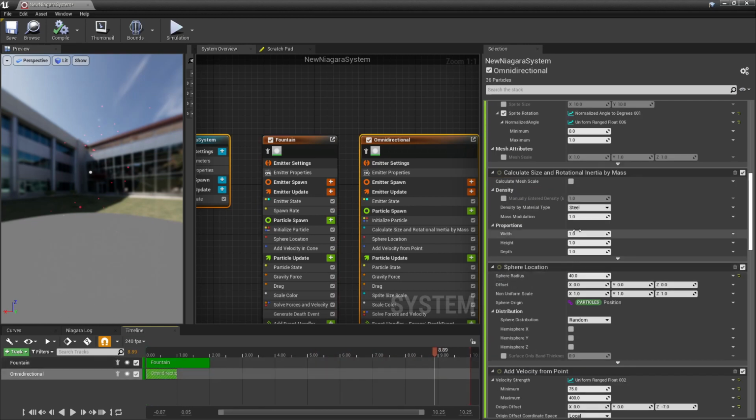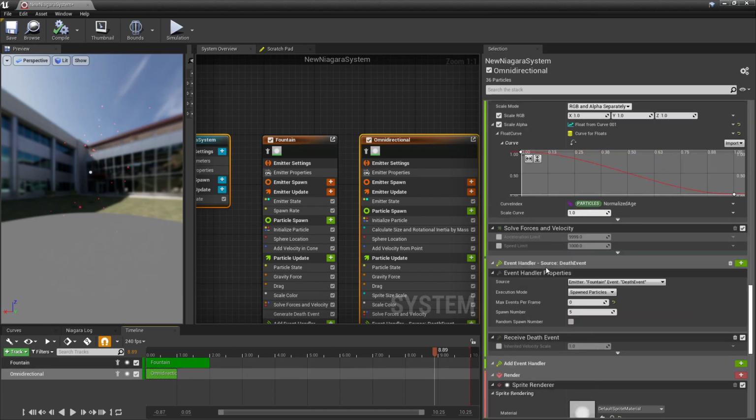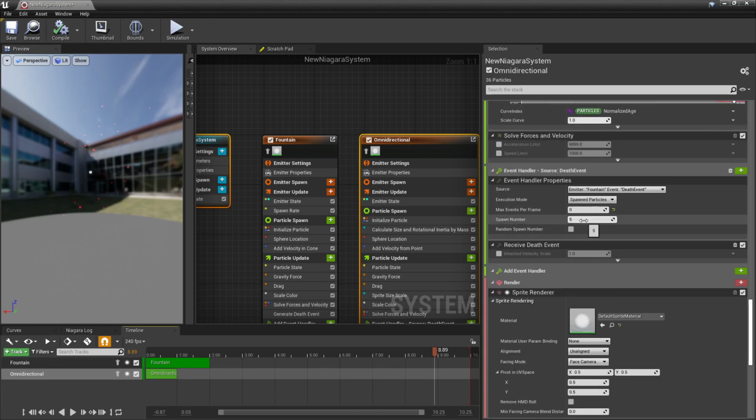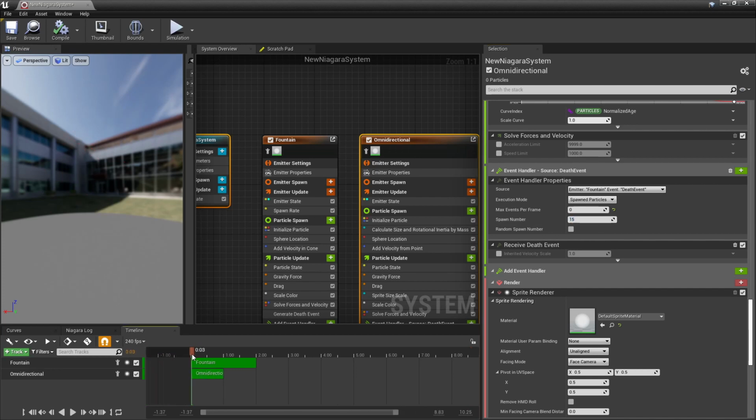Let's increase the omnidirectional particle spawn to a higher value, maybe like say 15. Let's see how it looks. That is a good way to make fireworks. So this was receiving the death event.